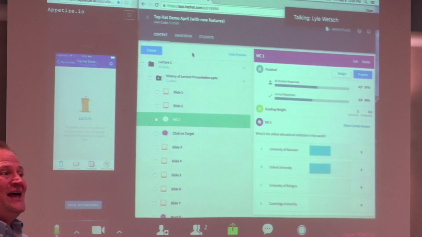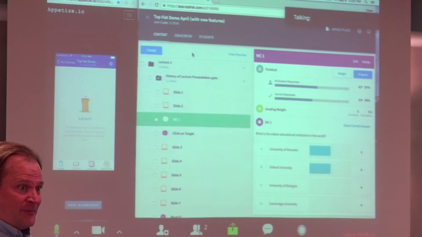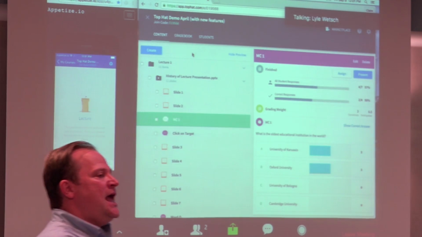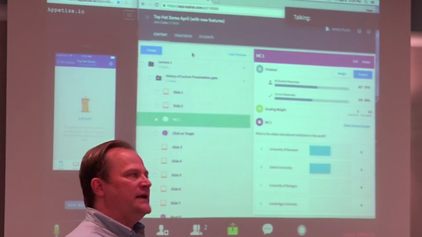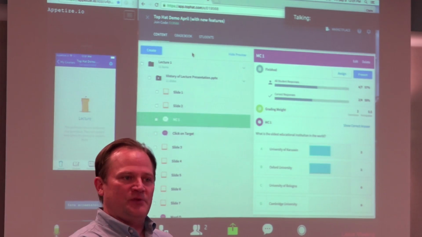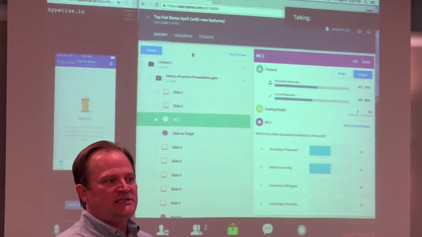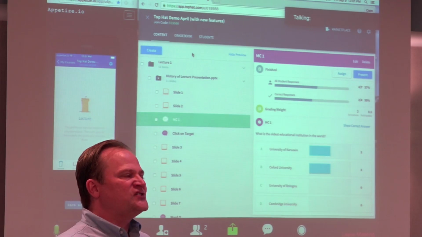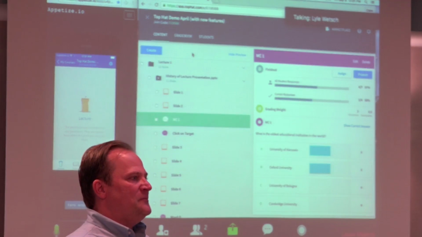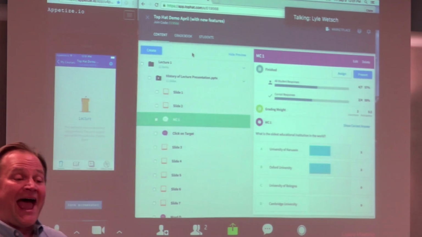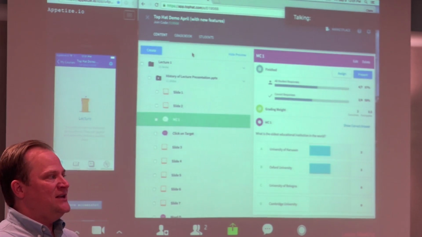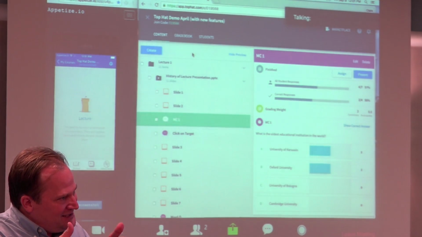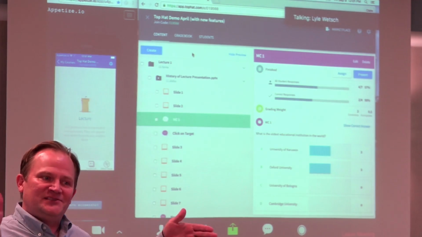CITL here at Memorial provides some additional support for Top Hat, in addition to the great support that Top Hat provides. And one of the big reasons why I wanted to ask them to come in and deliver this presentation to you today is their strength in numbers. The licensing, or the students' access to Top Hat, is on a semester basis or a degree basis.